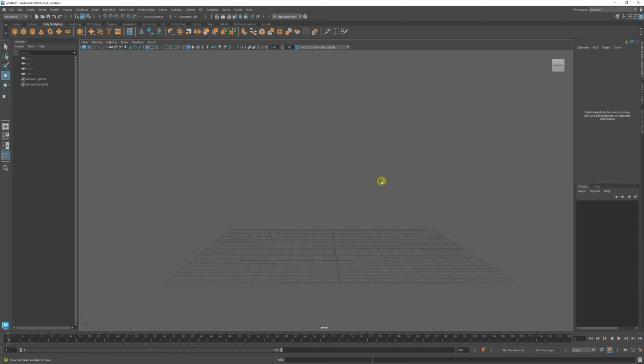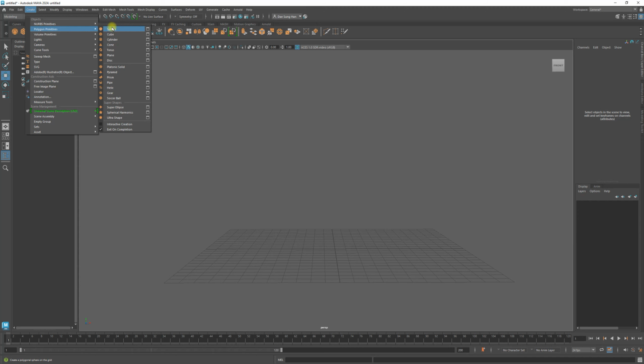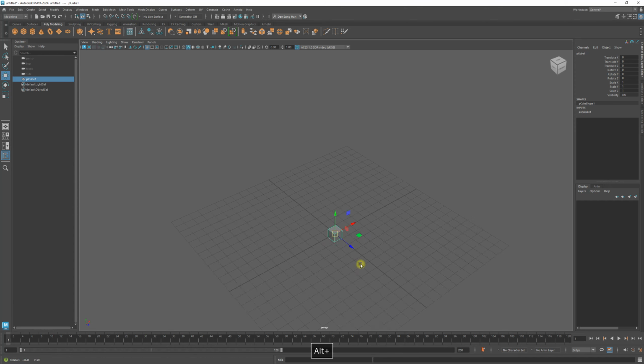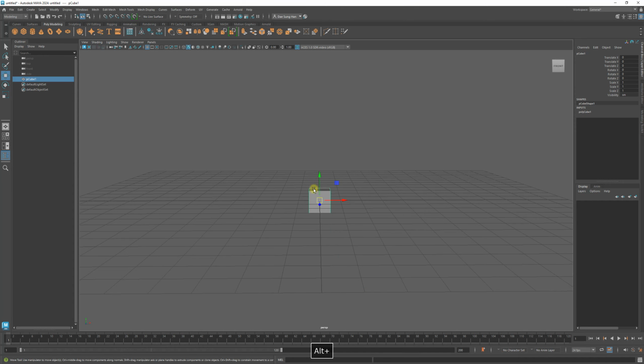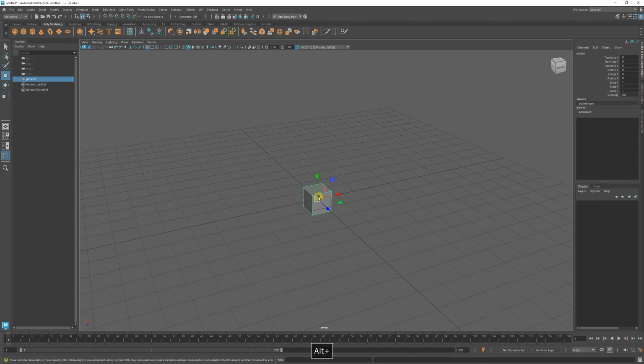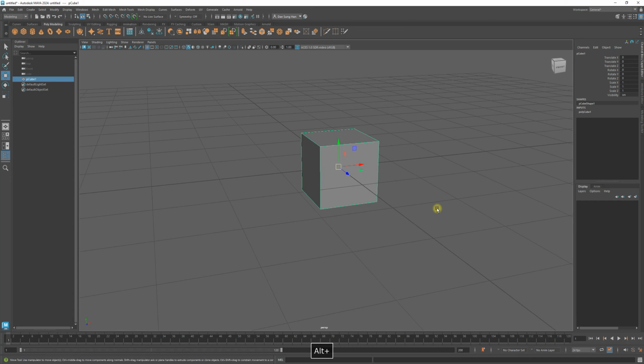What I'll do is I'll go ahead and create a couple of things in polygons. So go to create, and before that make sure you're in modeling. We'll go to create, polygon primitives, and let's make a cube. Here's our cube, and then from there I want to